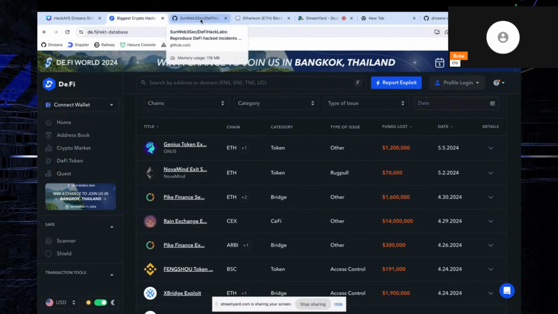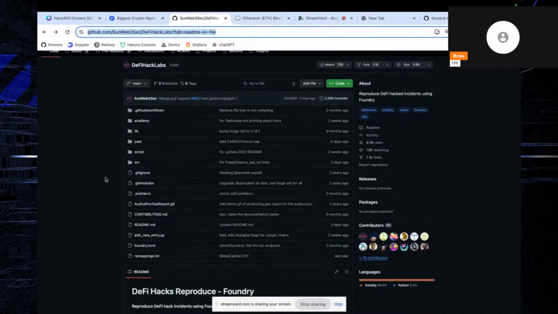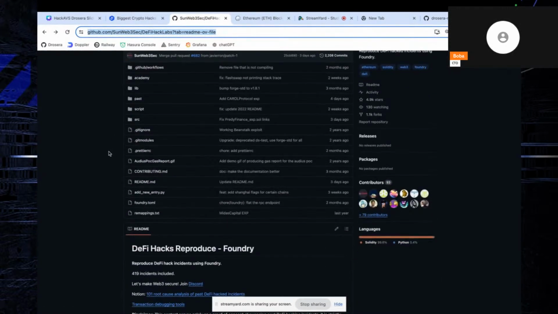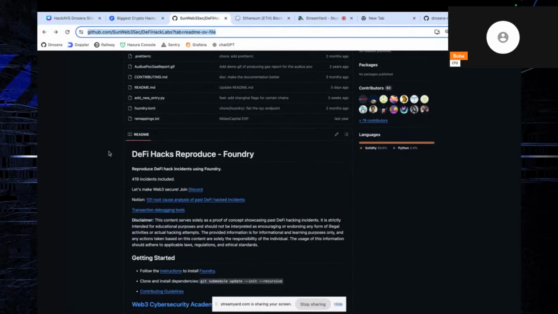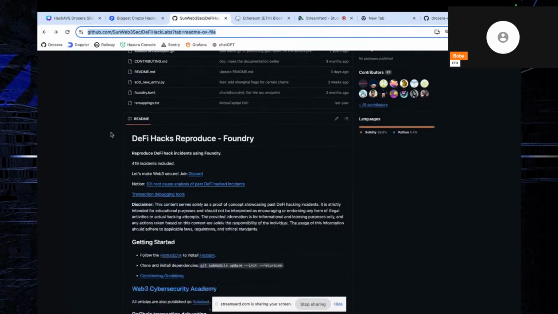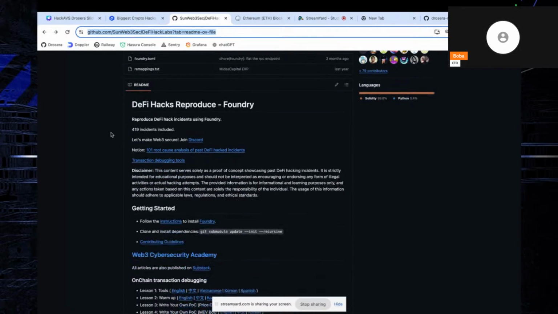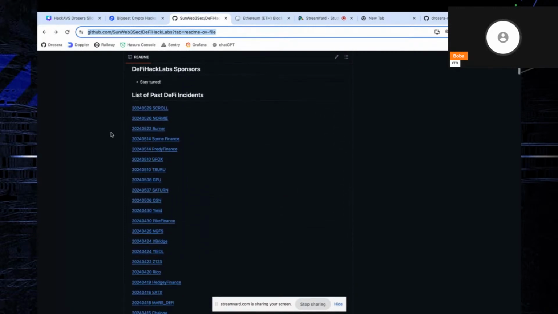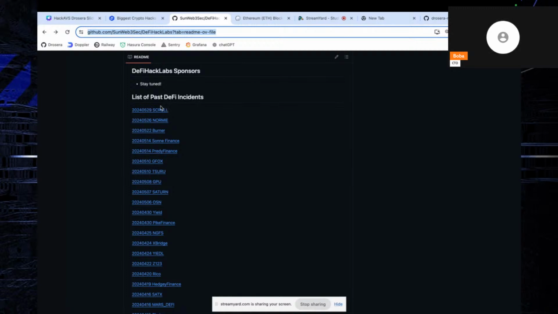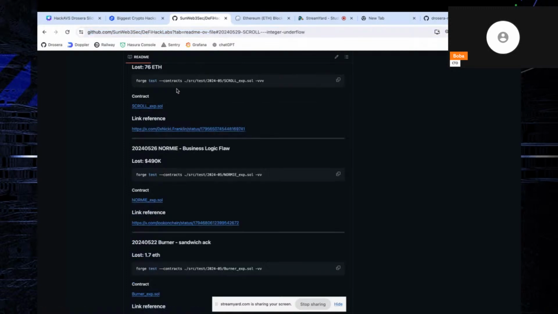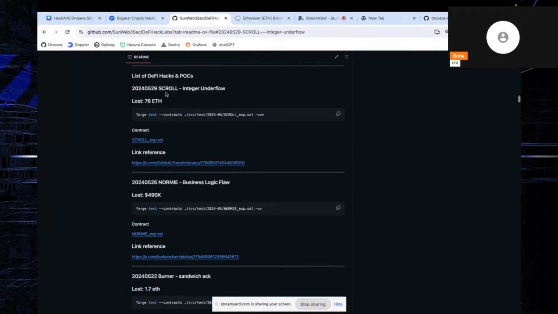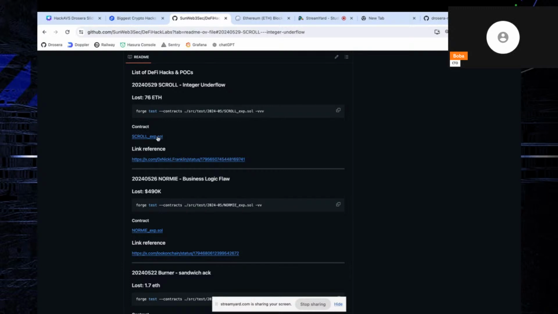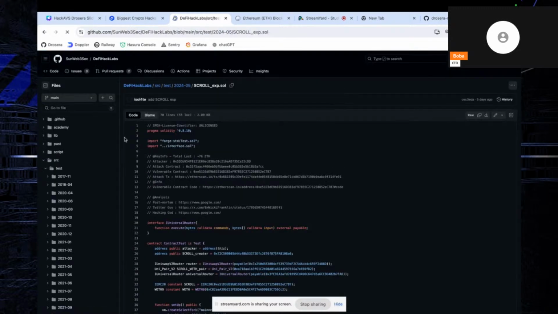Secondly, DeFi Hack Labs. This is also a super great resource if you haven't seen it before. Basically, it's very similar to the previous resource in that it's showing different exploits and hacks that have occurred. But for this one, they show a list of past DeFi incidents where you can see tests they created with Solidity. So you can see they have a Forge test here that you can actually run locally. And if you look at the contract,